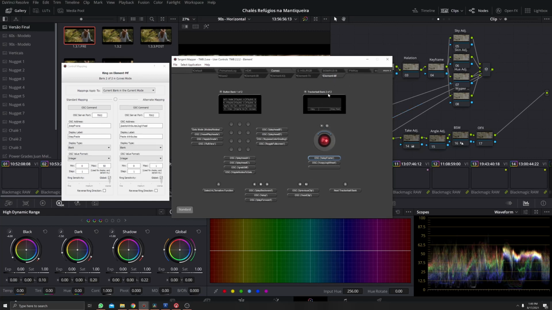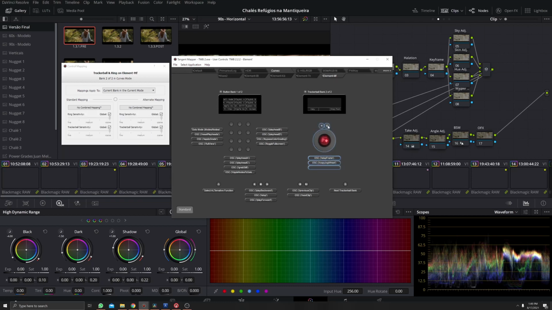And on the second bank, you have default controls such as copy and paste, pressing these 2 buttons here, and with the alternate key, you have cut and paste attributes using these 2 buttons. And you can move this jog wheel to go back and forth step-by-step frame on your clip, of course. So the first bank, you have navigate nodes. The second bank, you have step frame and copy and paste tools.